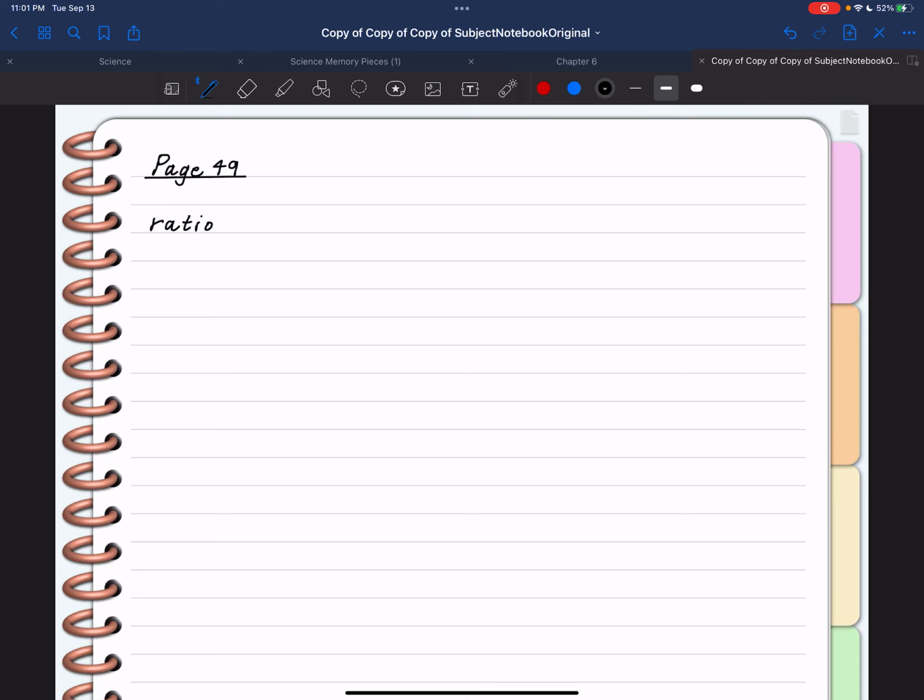A ratio is a comparison of two quantities. And it's always two. Always two. You may have to pick two quantities from 500 quantities, but the actual ratio is always a comparison